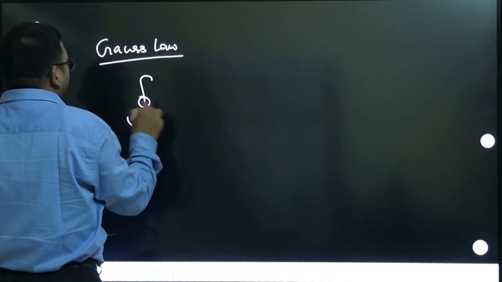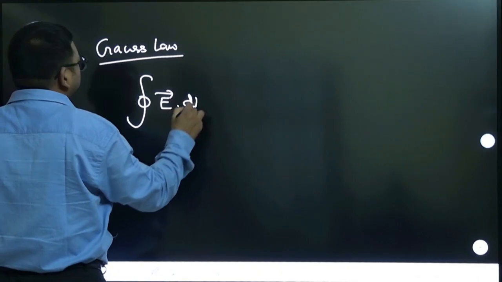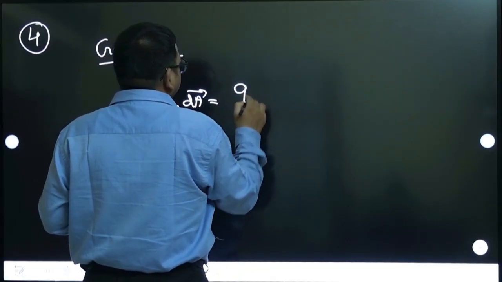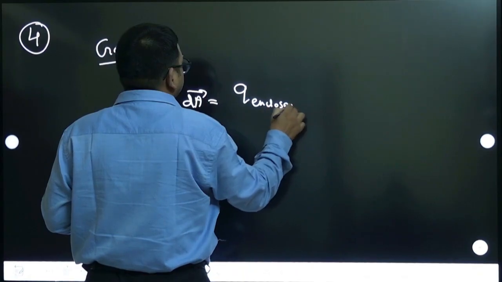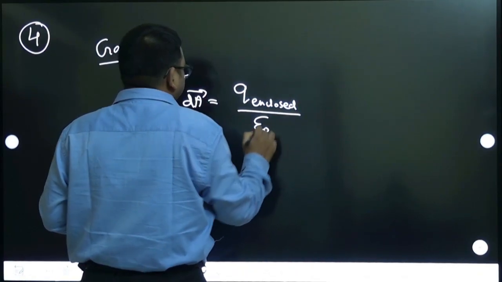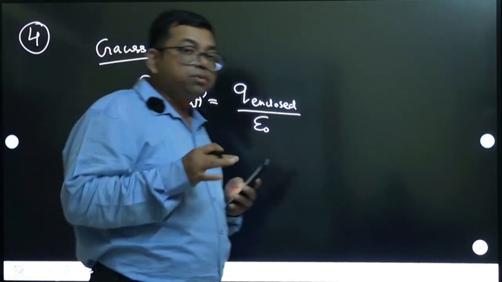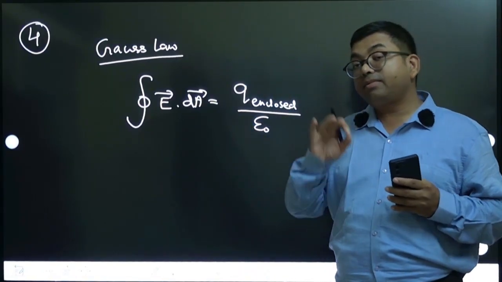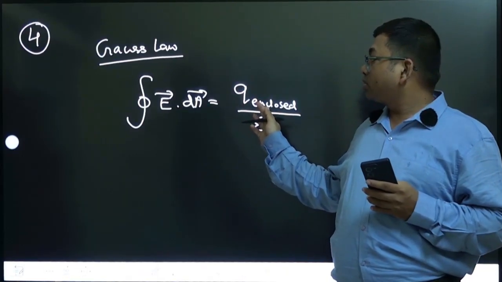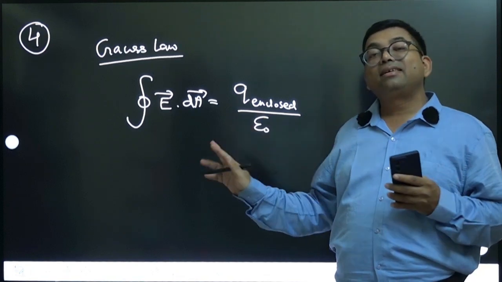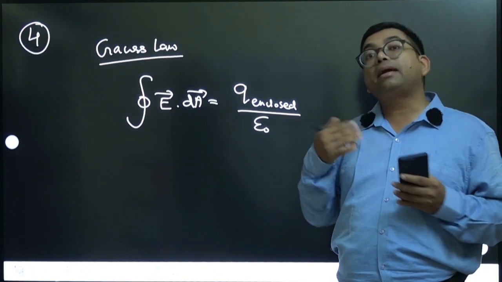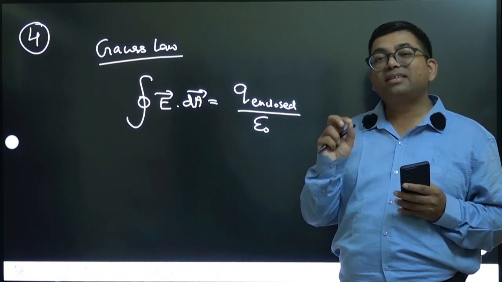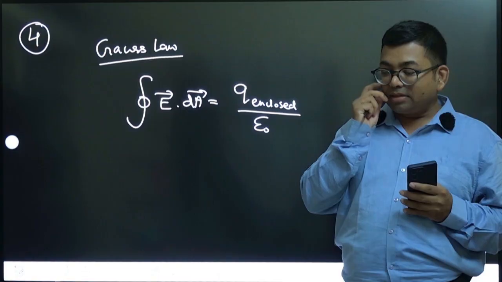If you try to apply Gauss law, the integral of electric field dot dA vector is equal to the charge enclosed by epsilon naught. Now in many textbooks, this has not been very clearly given. They have simply written charge inside by epsilon, because the medium is changing, then they say that epsilon naught becomes k times epsilon naught, right? But that statement is not 100% accurate,